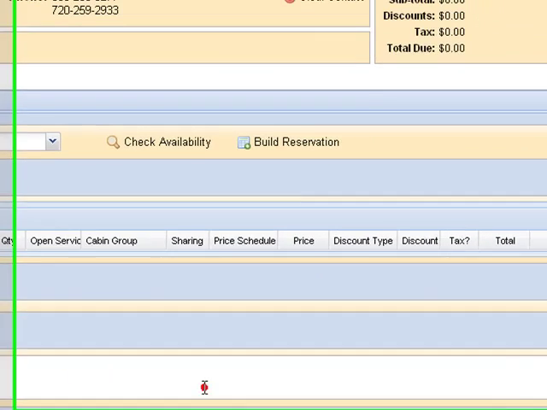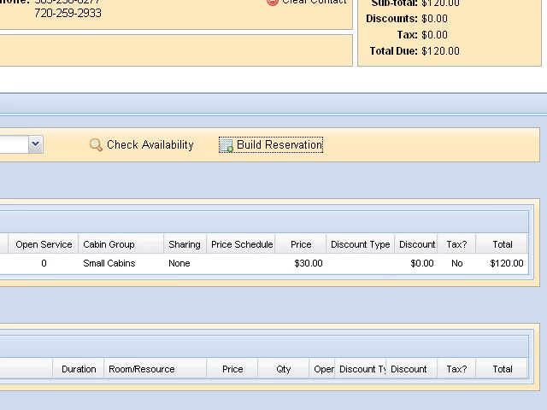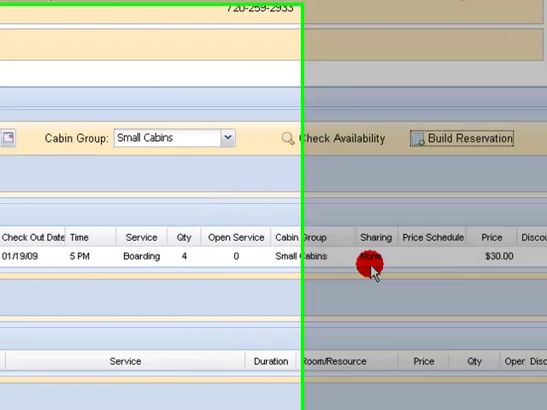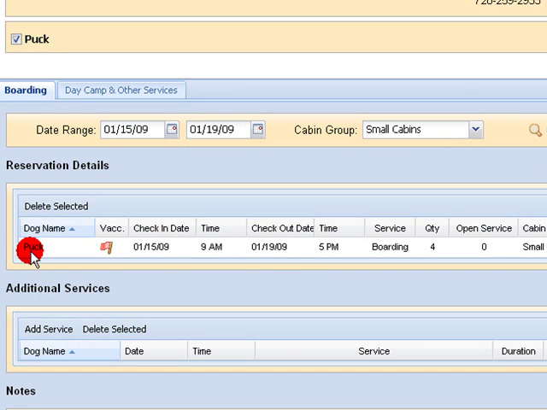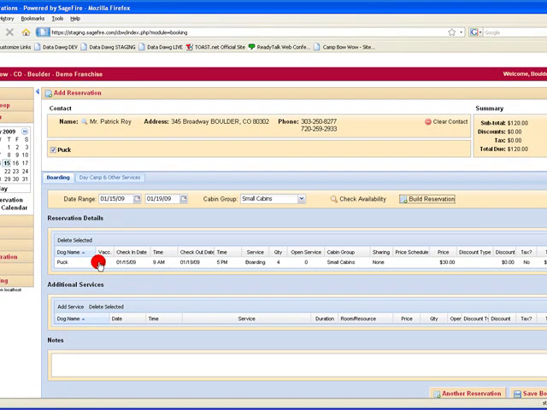We then want to close this window and click Build Reservation. This will put the dog on a line in which we can see the dog's name, this little red flag which is indicating that 1 or more vaccinations have expired during or before this reservation. If the vaccinations are all current and are not going to expire during the reservation, you will see a green